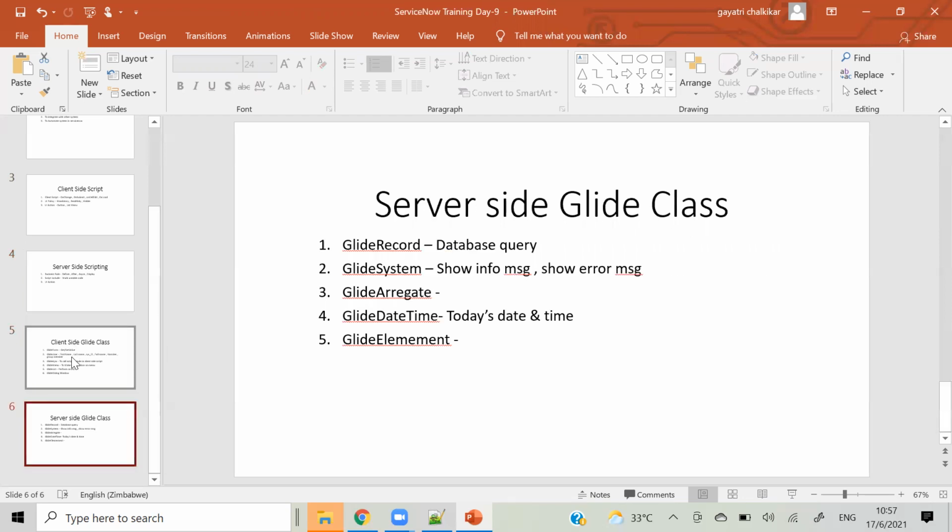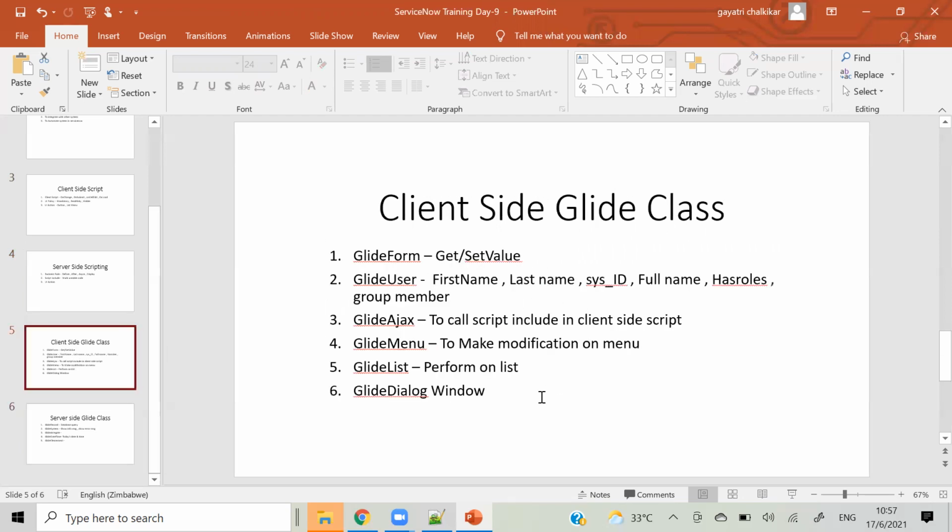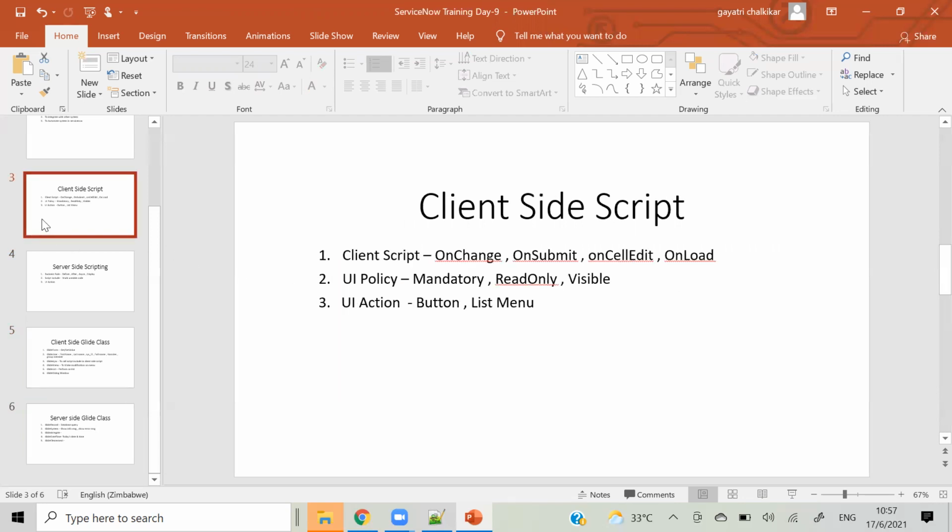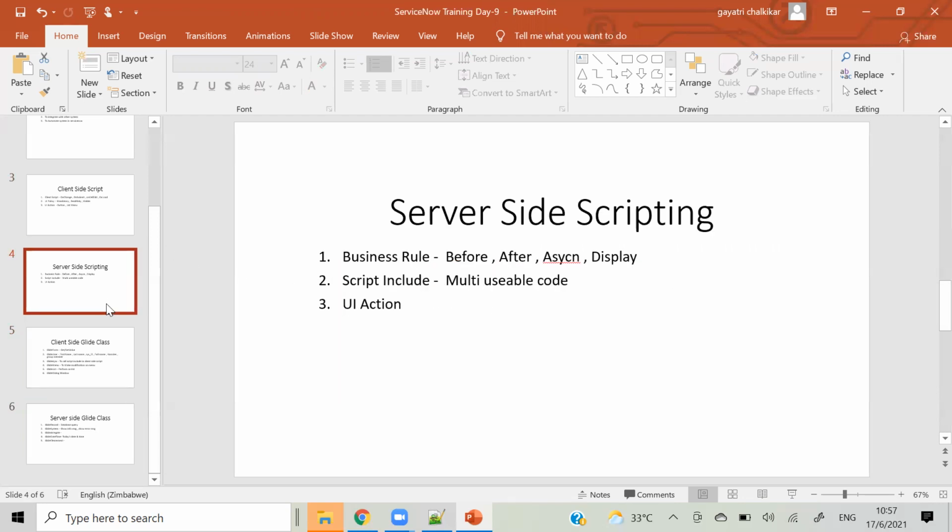If you don't know scripting, you will stay on the admin part only. If you know the scripting part, you can be a developer. So just focus on the scripting part, and if you have any doubt in scripting, you can ask me, because this is very, very important in developer interviews also. And wherever there is an interview question while explaining classes, I will let you know.